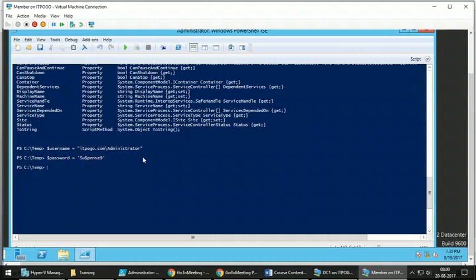Now you have to convert this username and password into a credential object. How do you create a credential object?